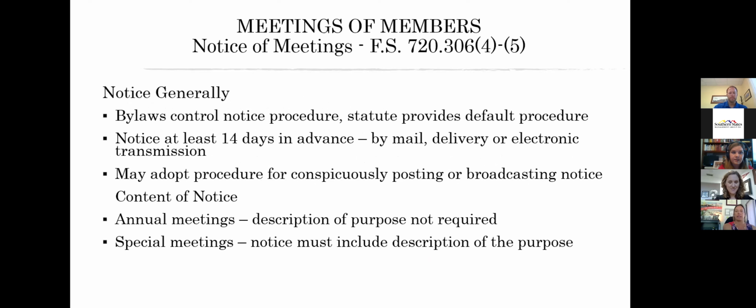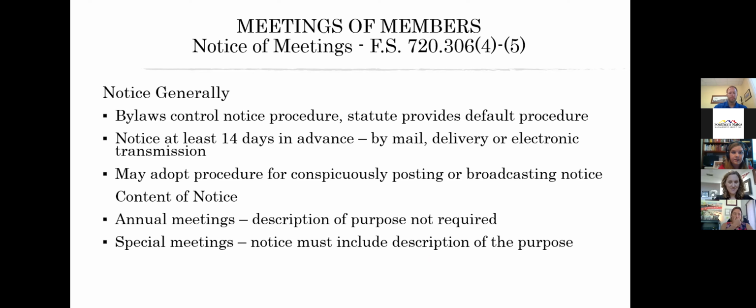Okay, a special meeting is exactly what it sounds like, right? The special meeting is being conducted for a very specific purpose, and so we're going to make sure that our notice and our agenda and what we talk about at that meeting is exactly that specified purpose. Because you're going to have owners who get a notice that says, we're having a special meeting to talk about a new landscaping contract. Well, okay, they may not feel strongly one way or the other, and so they don't attend. We want to be sure that we don't then get to that meeting and start discussing and making decisions on any topic other than what we have noticed our members.